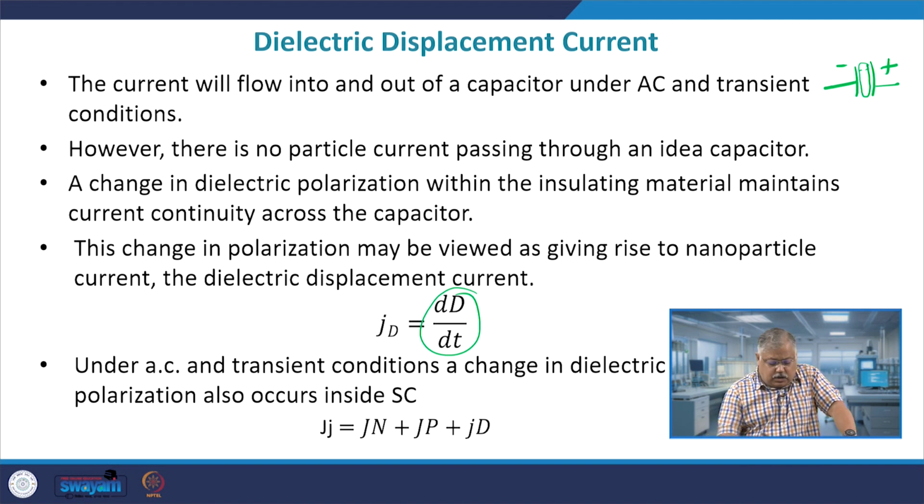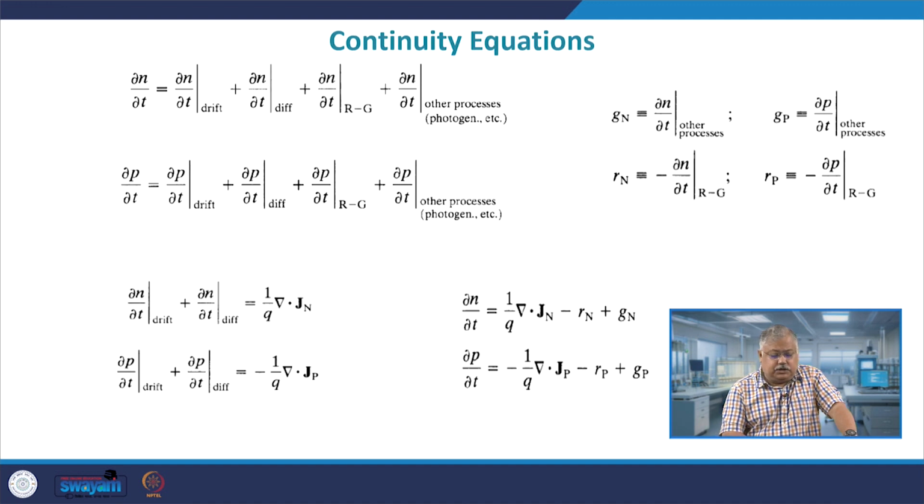Then we write down the total current equals Jn, Jp and Jd. Jn and Jp are because of the drift and diffusion, and Jd is because of the dielectric displacement current, right. These three things we are taking into consideration. I will just touch and go because you can refer to other courses and books for this, but I will go one by one. So, the first one is, these equations are known as continuity equations,